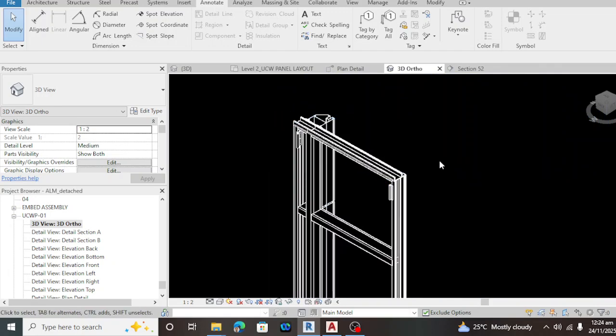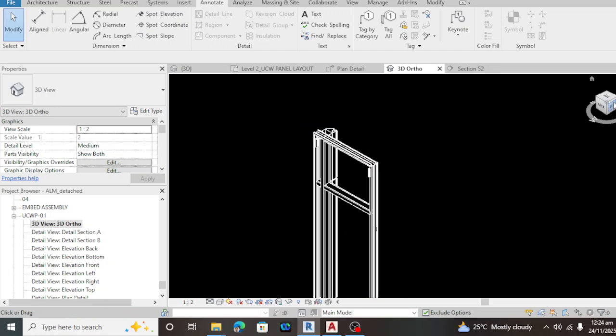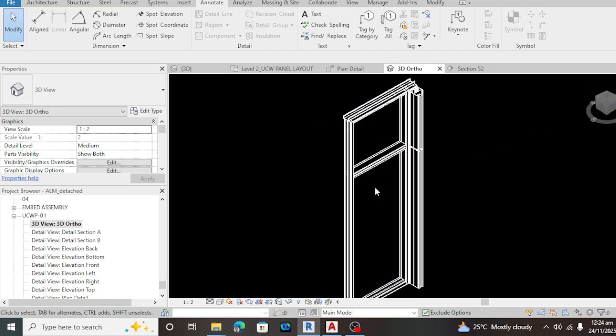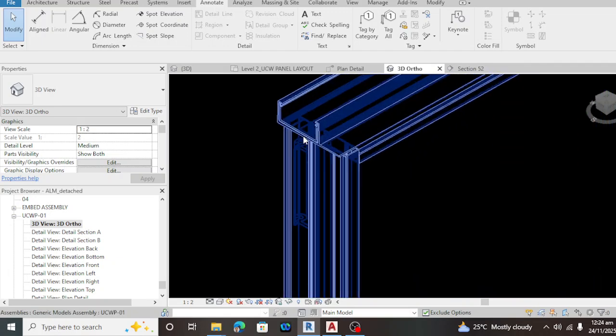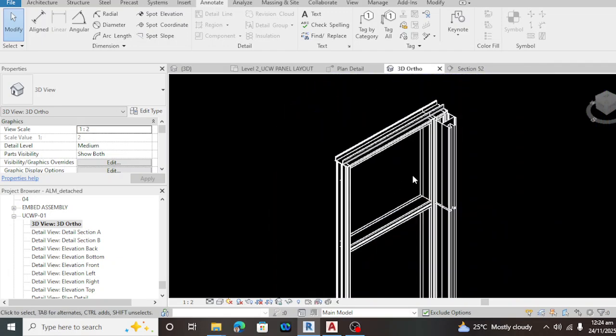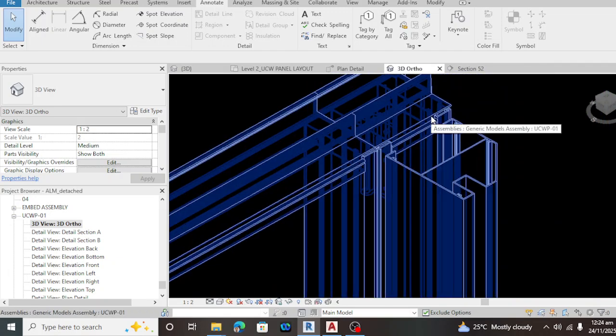So as you can see, guys, this panel consists of all the parts. I did not put any gaskets, so you can see all the parts on this one.